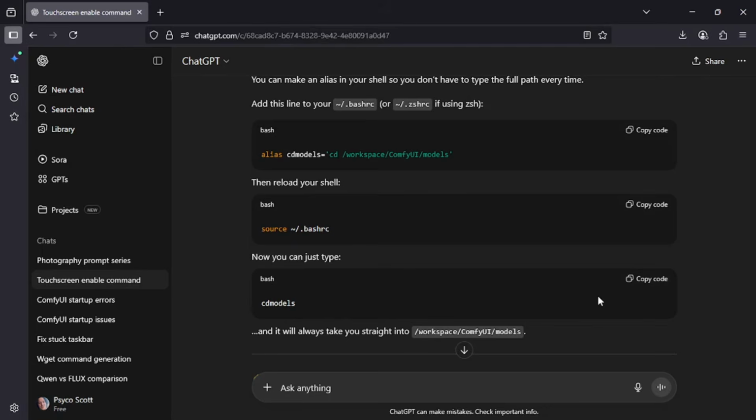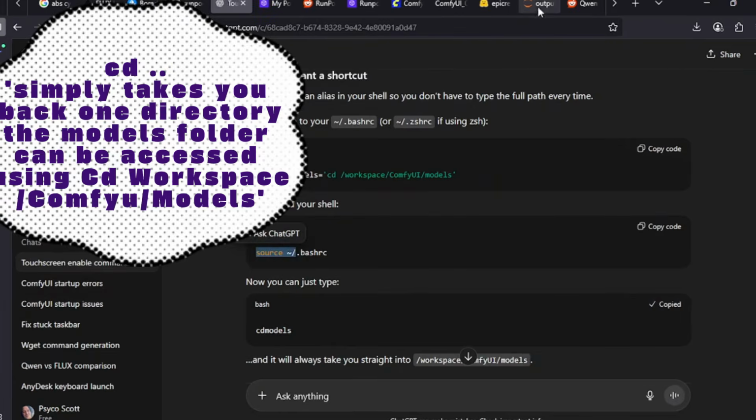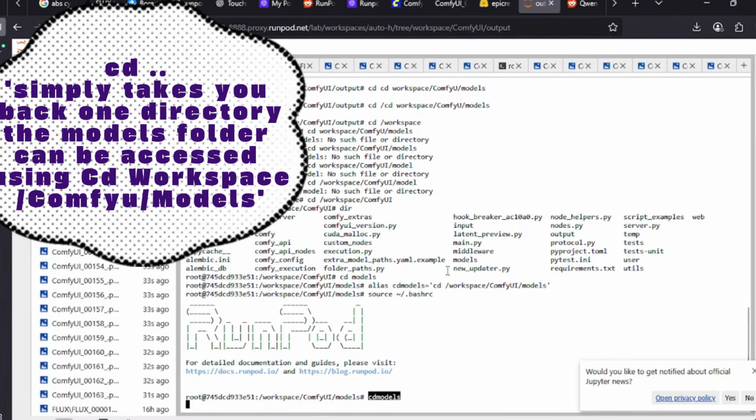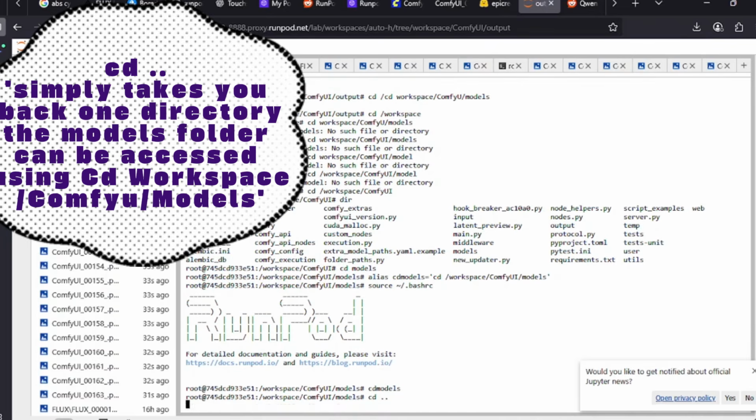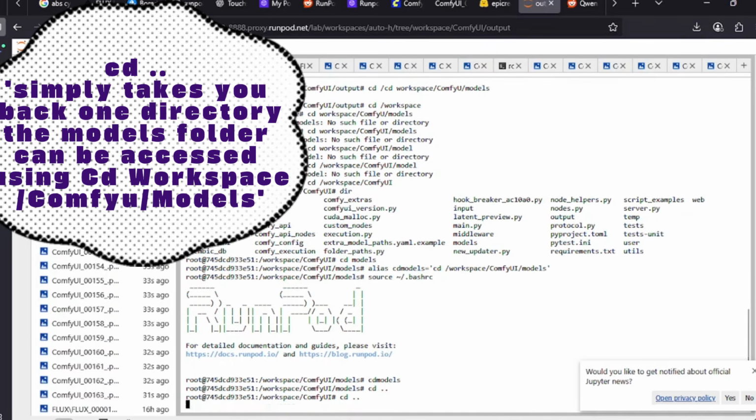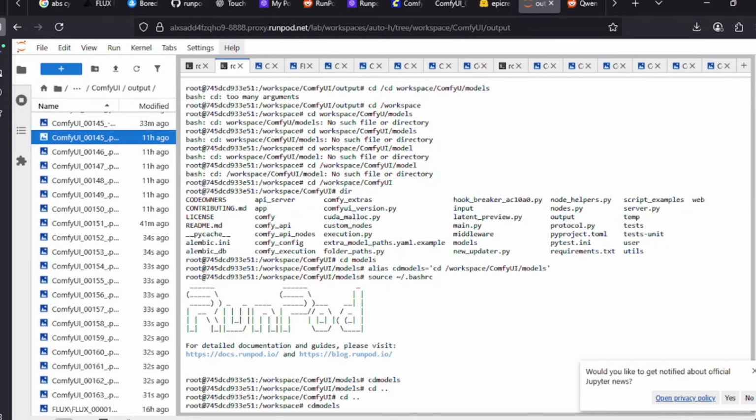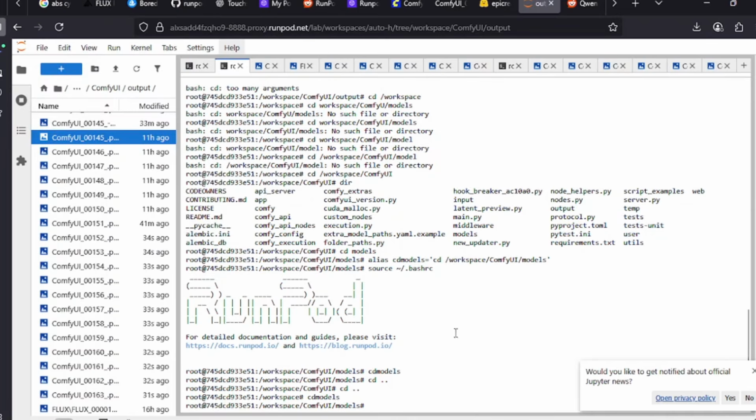Things like this can make things a little quicker. It's just a little tip: you can just type cd models, and it'll take us straight to the models folder from any folder. So let's cd back, or cd dot dot, and then let's type cd models. Just a quick little tip.